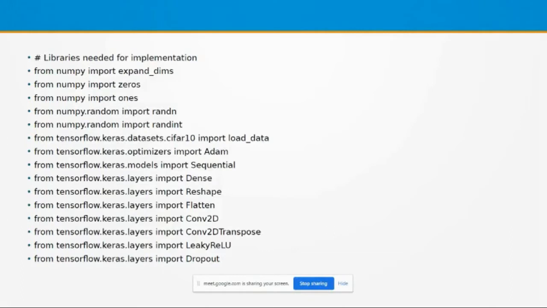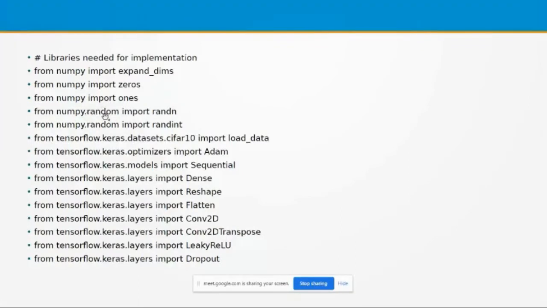We need that functionality, and it is supplied by NumPy. Then from NumPy, import zeros, because that functionality is used for the labeling process. NumPy import zeros, NumPy import ones, and these two statements are used for providing labels to the images.